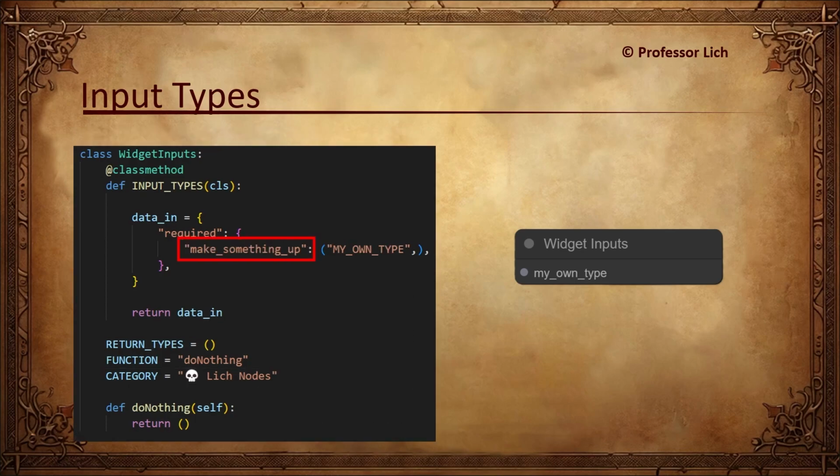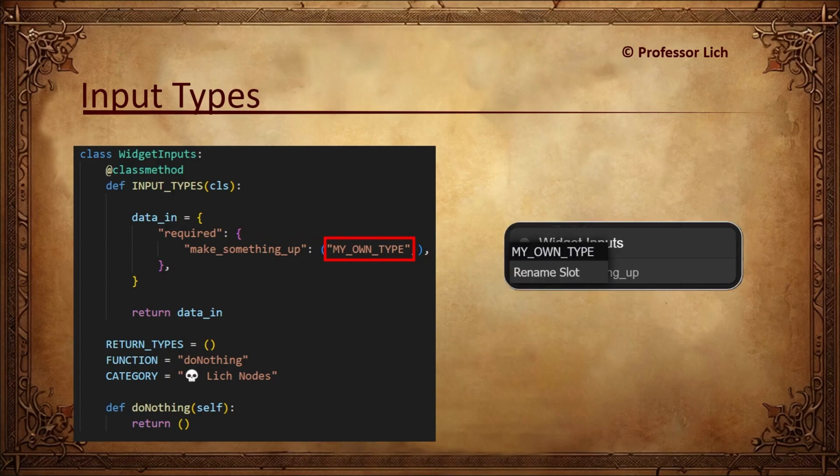Once you restart your browser and Comfy, you will notice this change reflected in your node. Of course, this doesn't change what the node can connect to. It is only affecting its default label. The actual input type is declared within tuple. And if you right-click on the node slot itself, you will see that input type has indeed not been changed.